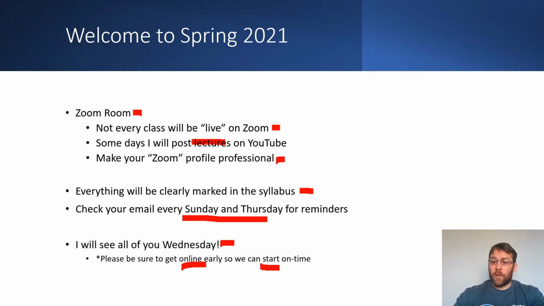Okay, so all you really need to do is check in with the online bookstore. All the books that are listed on the online bookstore we actually use in class. I don't assign books that we don't use. So if you need to order your books off Amazon or the Penn State bookstore, please do so. Get those books. Make sure your Zoom profile is ready to go as far as a picture and a name for yourself, and just get to class on Wednesday. All right, get to class on time on Wednesday. That's all you need to worry about right now.